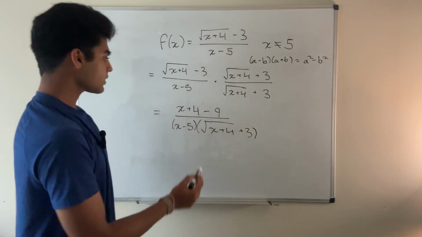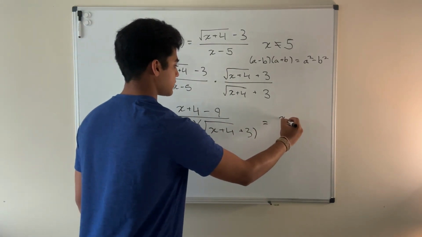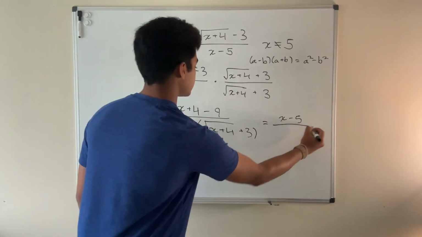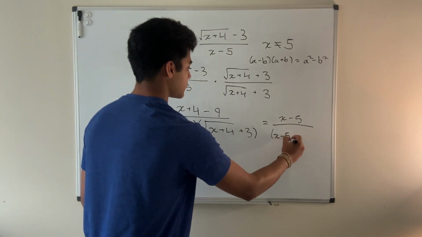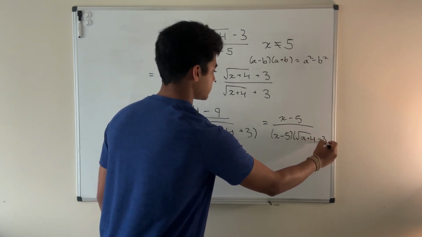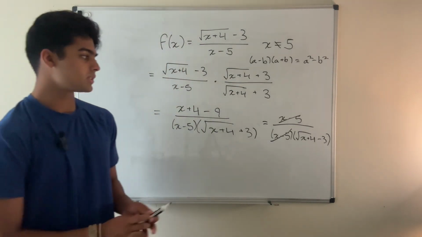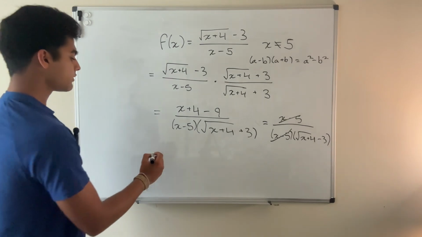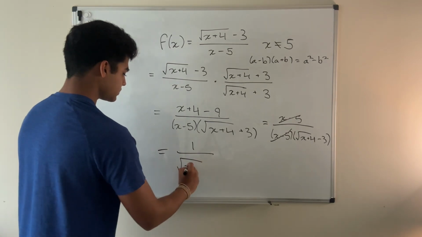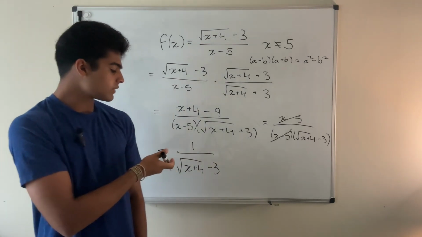Okay. Now this equals, I'll try to write it smaller here, x minus 5, because plus 4 minus 9 is going to be minus 5. And then down here we have x minus 5 times root x plus 4 minus 3. And now we can cancel out this and that, because it's the same on the top and bottom. So then we will be left with 1 over root x plus 4 minus 3. And here you can see that this value is actually